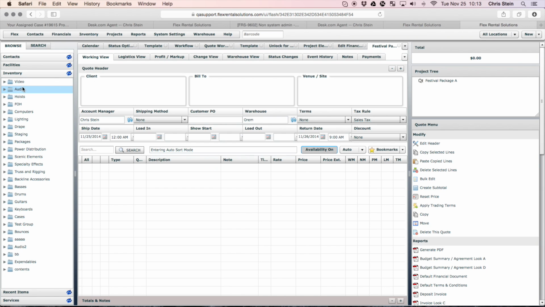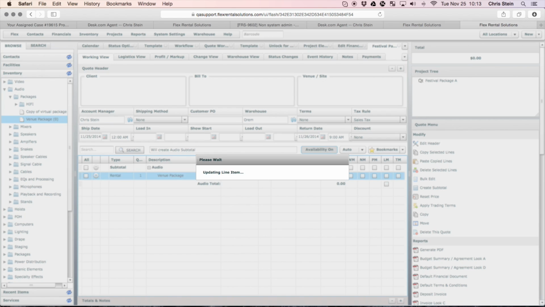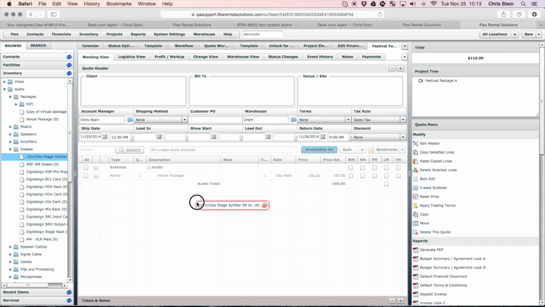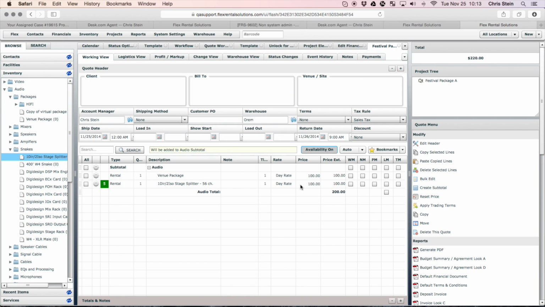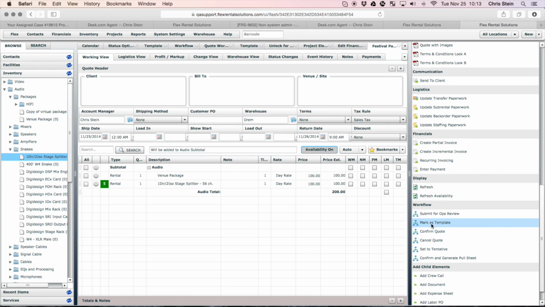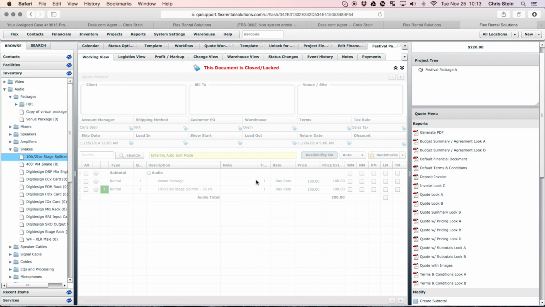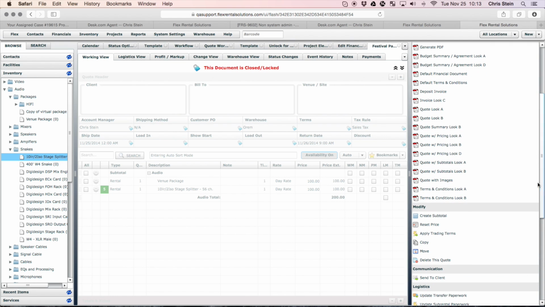So from here, we can add some inventory. Let's see what's in there. So we'll put in just a couple items just to give you a quick example. Now, if this was your package, we have a new workflow state called Mark as Template. What this will do is it will lock this document. So anyone who goes and finds this can't change it. They will need to go and copy it,